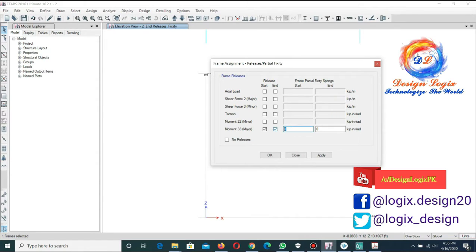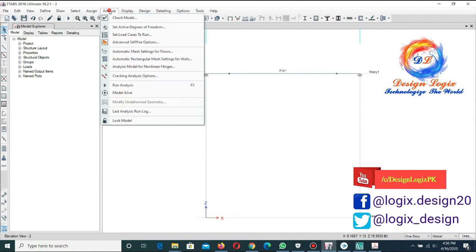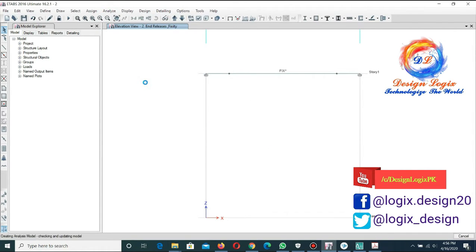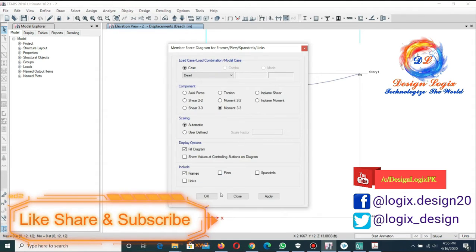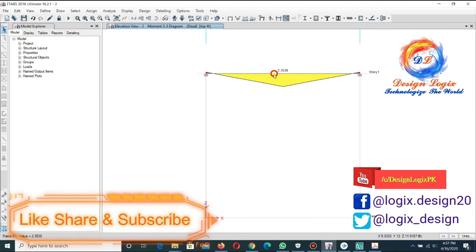So here we input the value which we got from the calculation. Now go to Analyze and run analysis. Go to Display, Force Diagram, Frame Forces and check the moment M33.